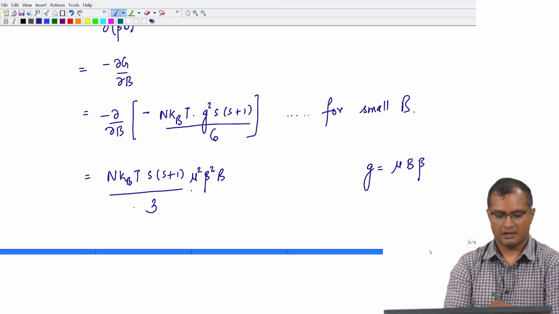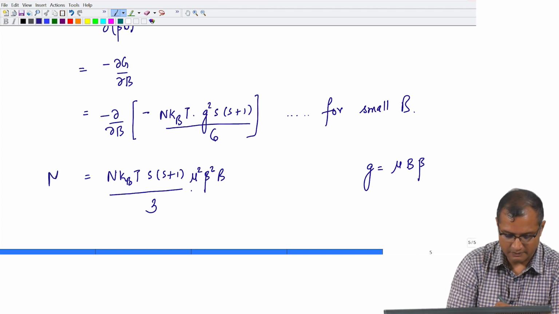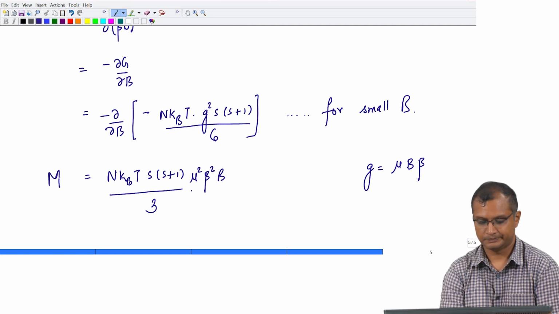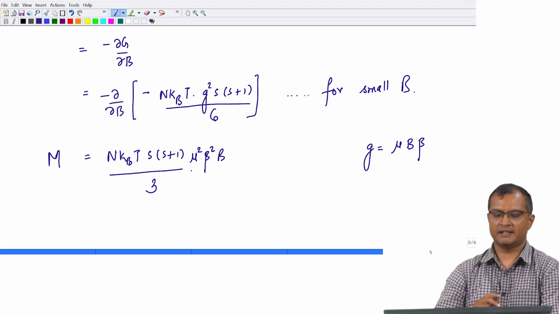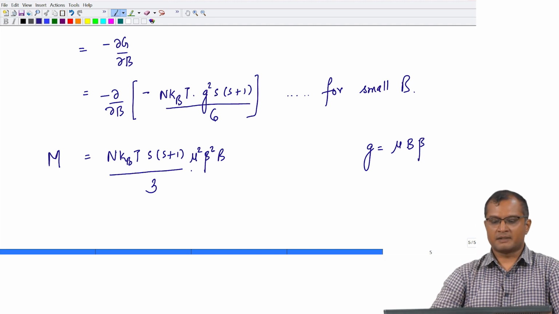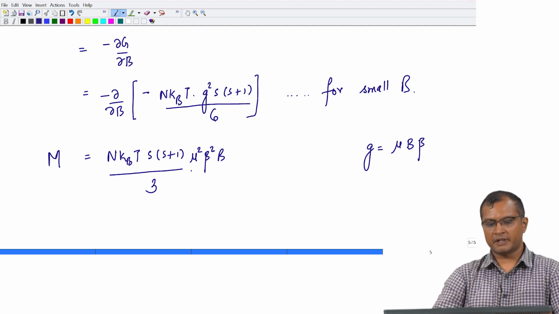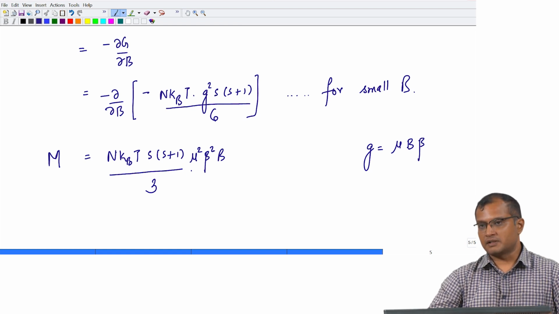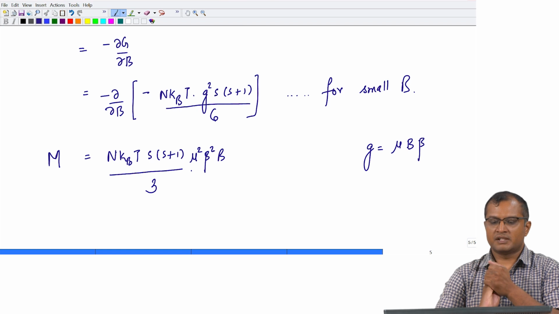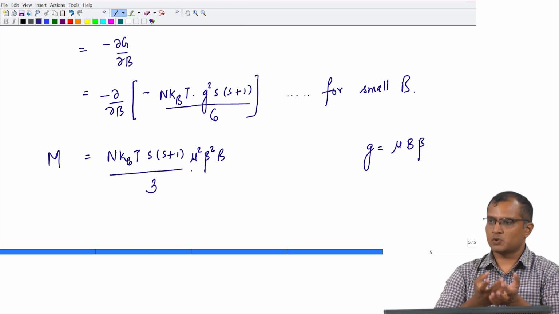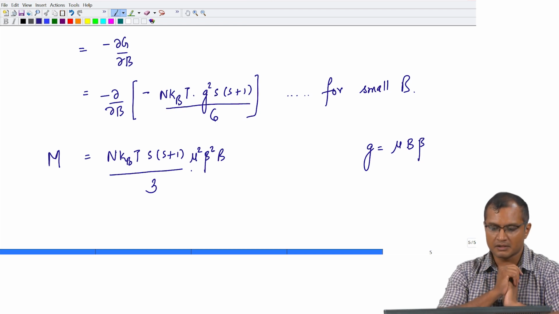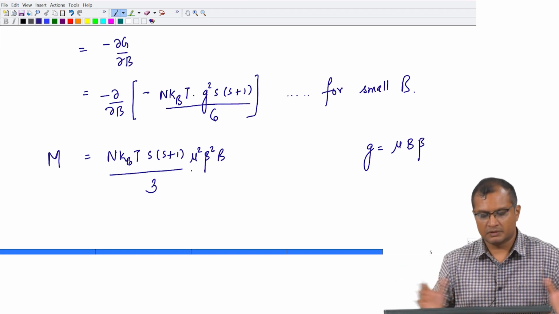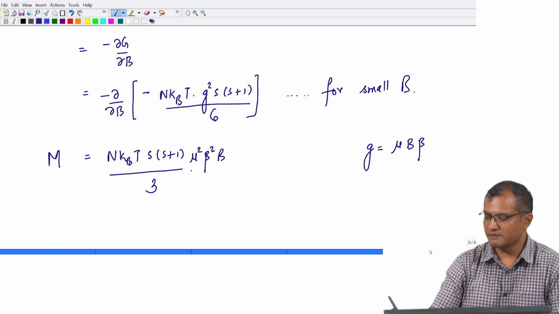So, this is the value of the magnetization, the thermodynamic magnetization. You can see the larger the field, the larger is the magnetization, and the prefactor is essentially constant. Another thing you see here is that magnetization has to be an extensive property, and it is because it has an n inside it. So, it is both extensive as well as it scales with the magnetic field